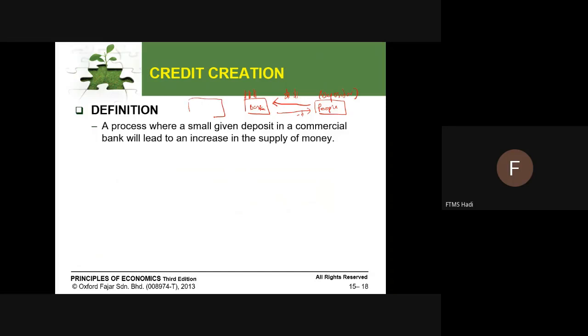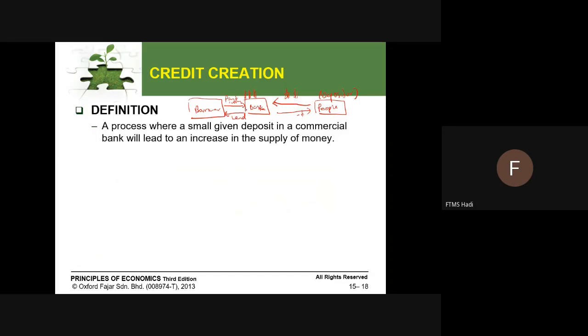And then there is another party, we call it the borrower. So why do borrowers need money? Because they want to apply for a loan from the bank, for example, a car loan to buy a car, credit card, and housing loan. So what the bank does is use the depositors' money, and the money deposited by depositors will be lent to the borrower, and then the borrower will pay back plus interest.